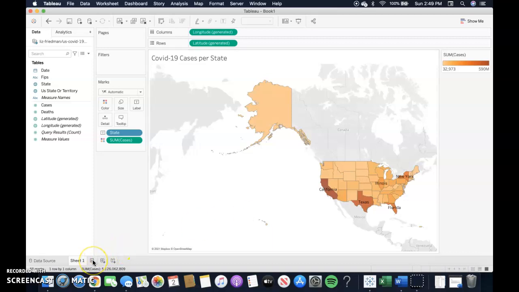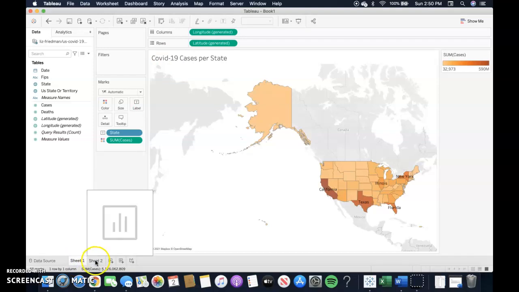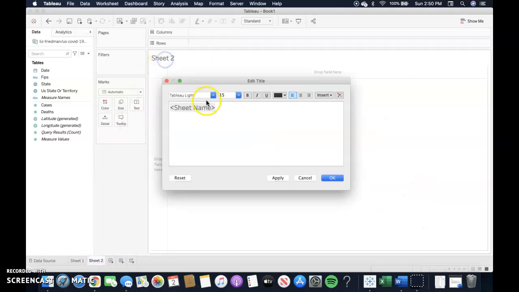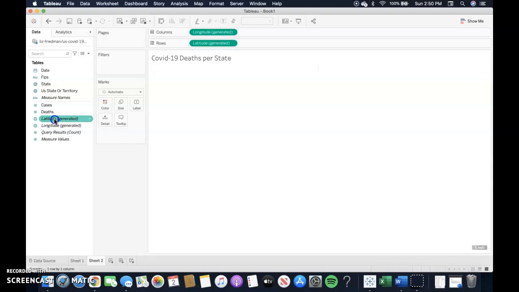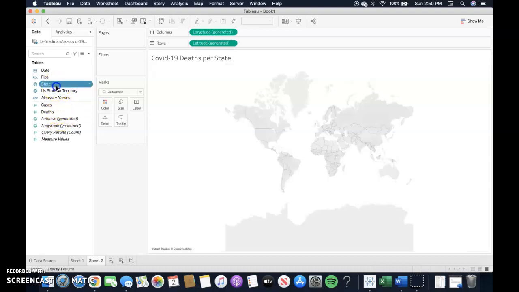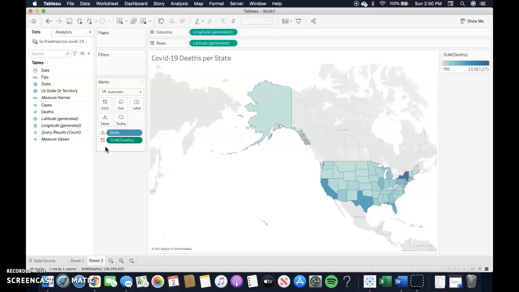So now I want to create a new visualization that is similar to this one, but is COVID-19 case deaths per state. So I'm going to rename this. And I want to create a map again, so we'll do longitude, latitude, and then state, and instead of cases, we're going to do deaths. I'm going to do the same thing here, where I'm going to change it to color. I want to keep it at blue this time,